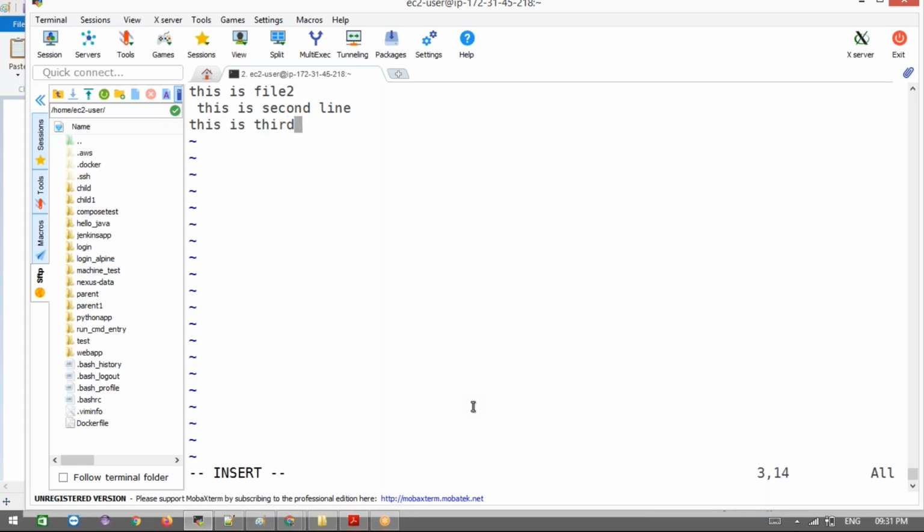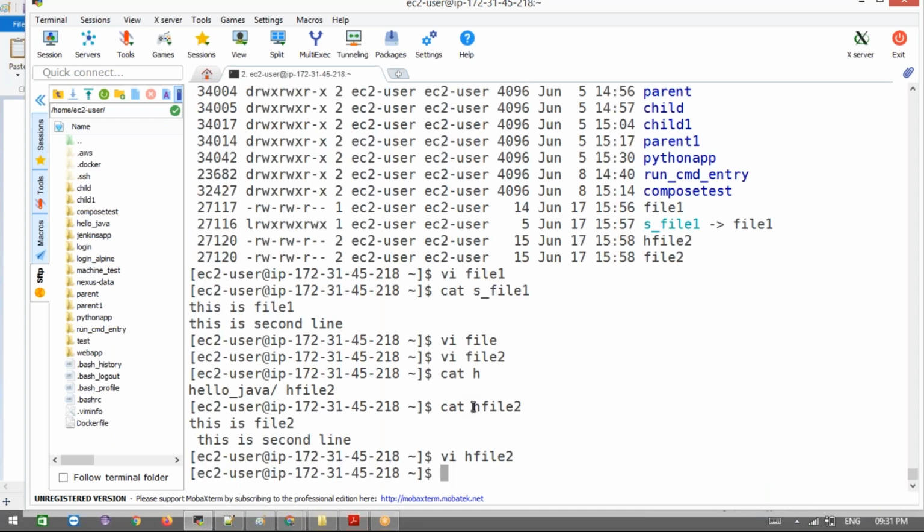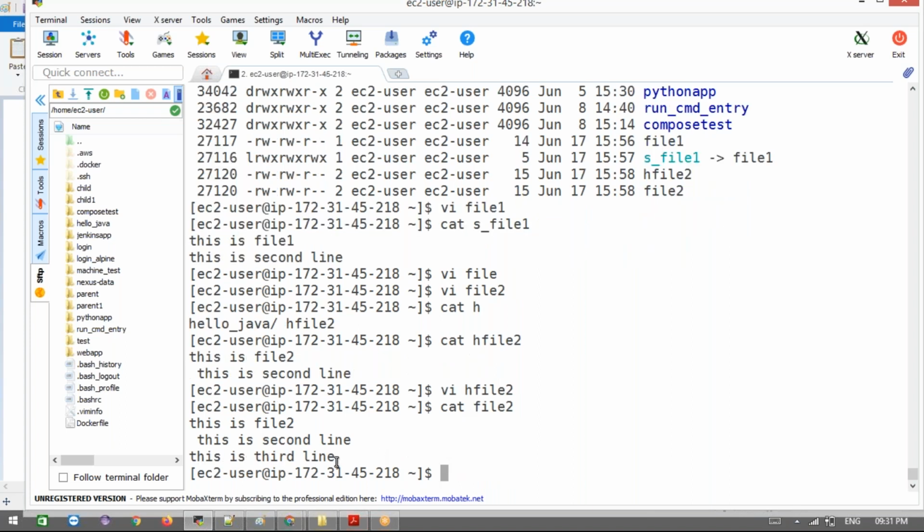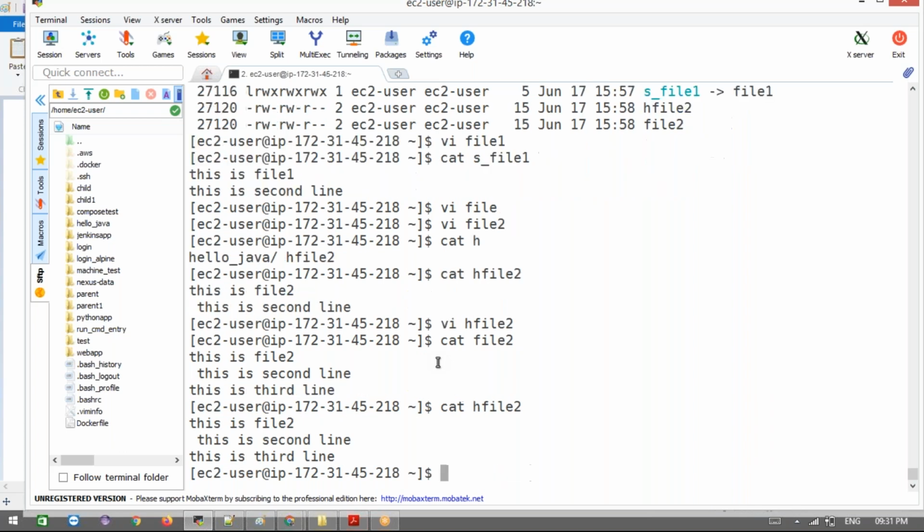Write some data, save this. Okay, and then cat, and then open the file 2. Now see here, the data will come here also. Means we've written to only one file, and that file's data came here also. Is it clear, guys? Means the data will be shared bidirectionally. If you open that file also, it will come here. If something is executed there, it will be executed here also. Okay, is it clear, right?